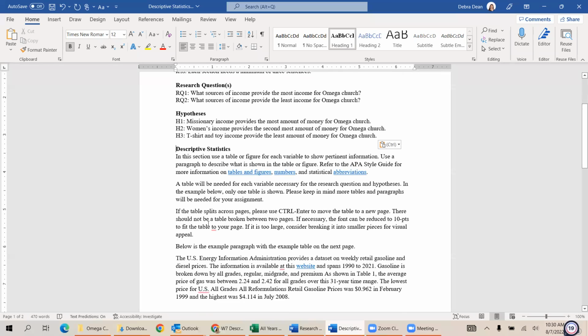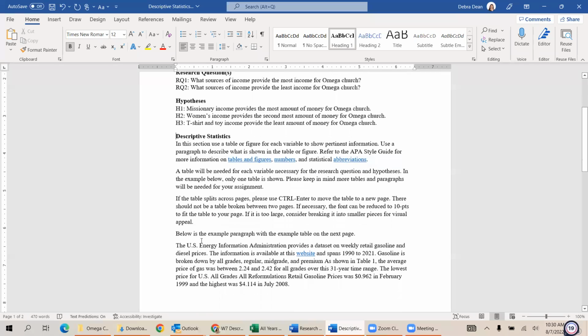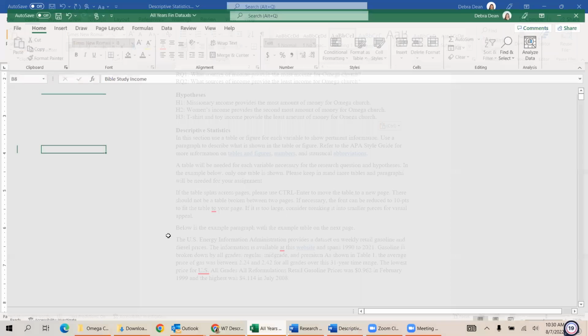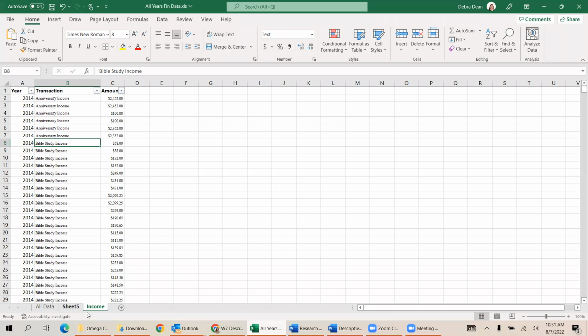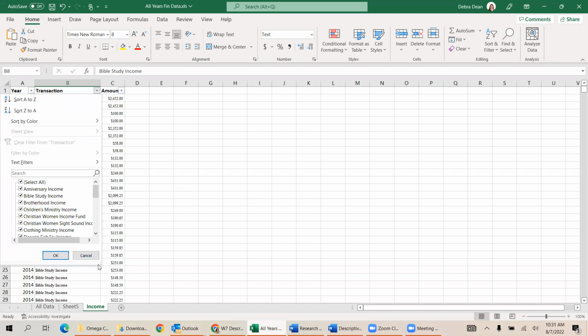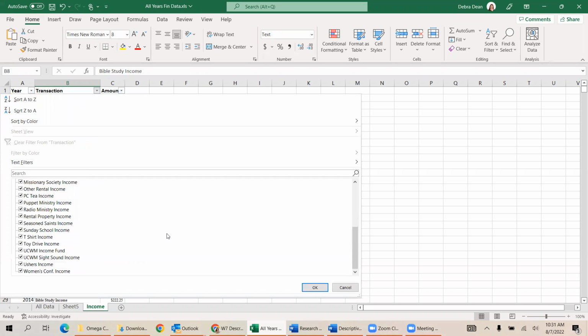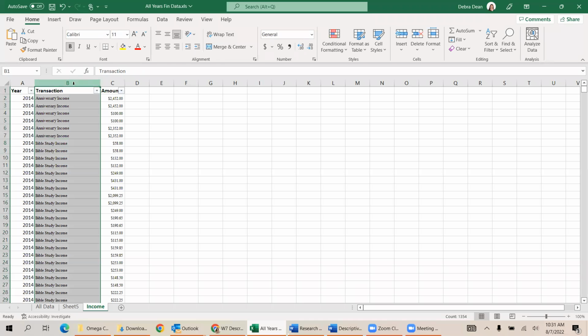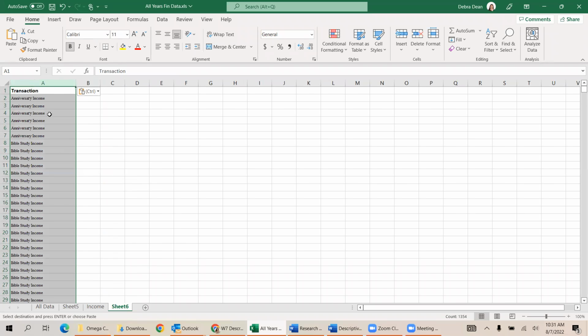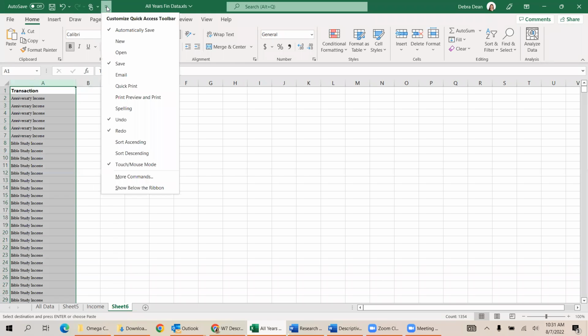Okay, so for our descriptive statistics then, we just need to see what we have. So if we go back into your income worksheet that we had from last week, you can start to look at, well, what type of income do we have? And if we did our filter, you can see, well, there's actually quite a few different income streams. So if I copy this, paste it to a new worksheet, if I just want to know how many different income streams I have, we can do a